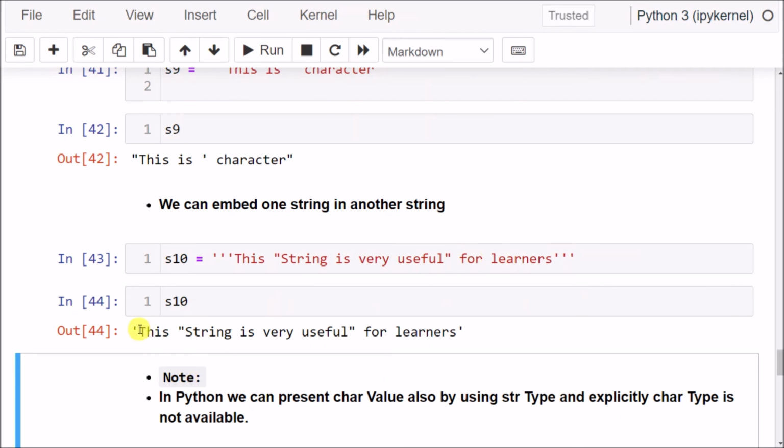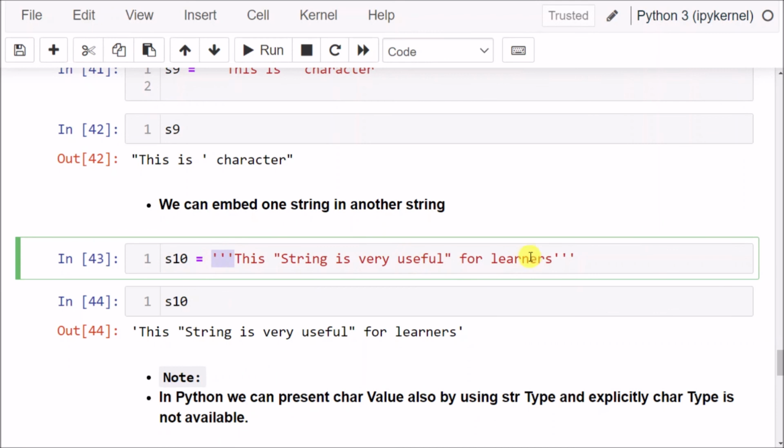We have to check what the starting quote and the ending quote are. Here triple is the starting quote and it ends with the triple single quote. Whatever I put inside will be treated as a string only.